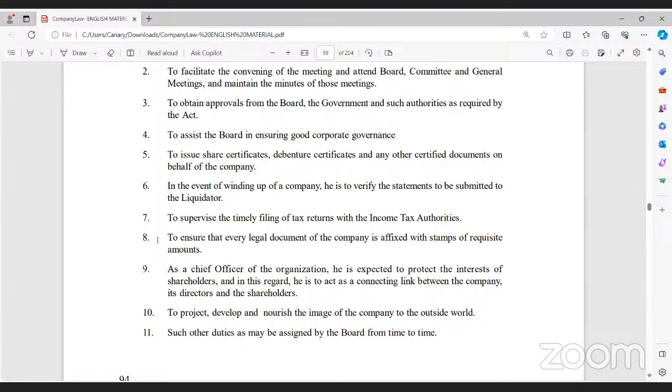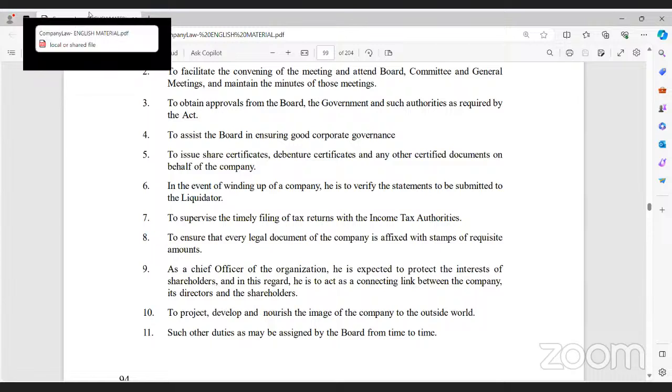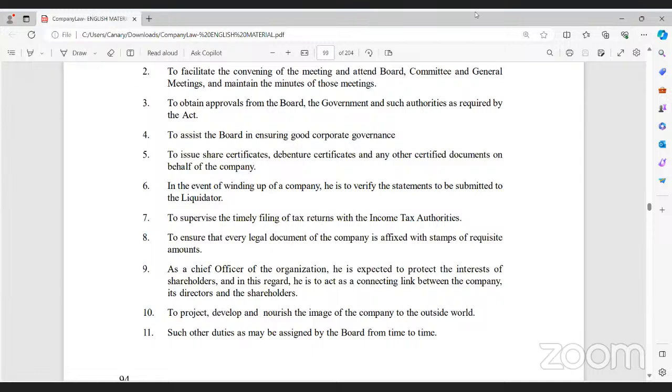Otherwise, see, say a firm entered into some contract with the government, and the government contract acceptance and everything is done. But if you don't obtain that government contract acceptance document with the stamp and signature, it is of no use, right? Similarly, if a firm has paid some amount to some client and has not obtained any document, that is also not valid. So everything relating to the company, all the legal documents, the stamping of those documents is also the responsibility of the company secretary.